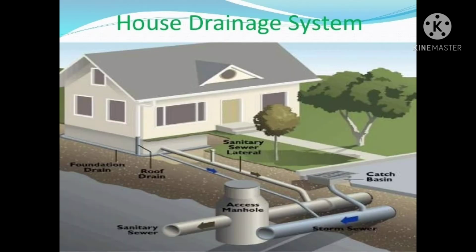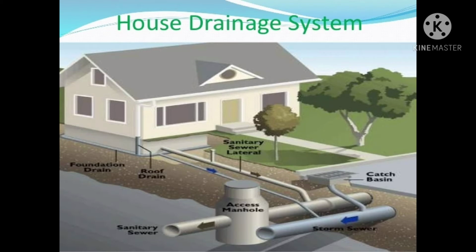So in the typical section, this diagram shows the house drainage system for an individual house connection. Sanitary sewer laterals are provided, which are then connected to the sanitary sewer. In the sanitary sewer, a manhole is provided for inspection. On the road surface, a catch basin is provided to collect the storm water and deliver it to the storm sewer. And also in the houses, rainwater from the rooftop is collected and goes to the roof drain pipelines, and this roof drain is connected to the storm sewer. This is the separate sewer arrangement provided in this diagram.